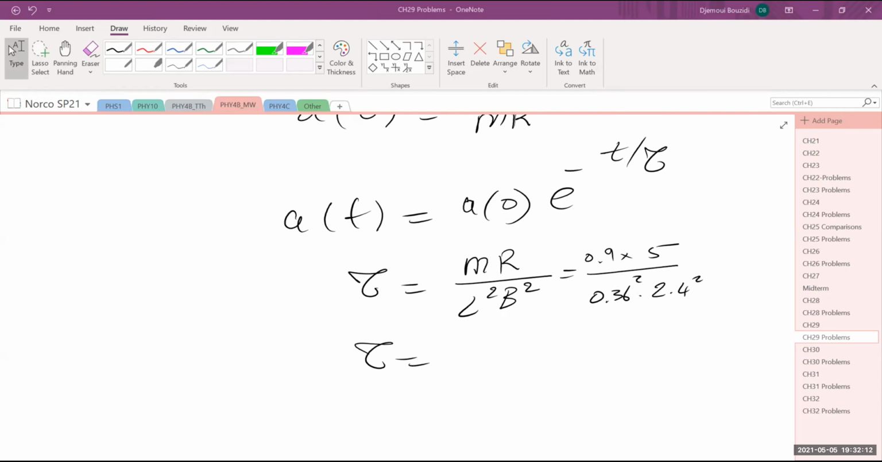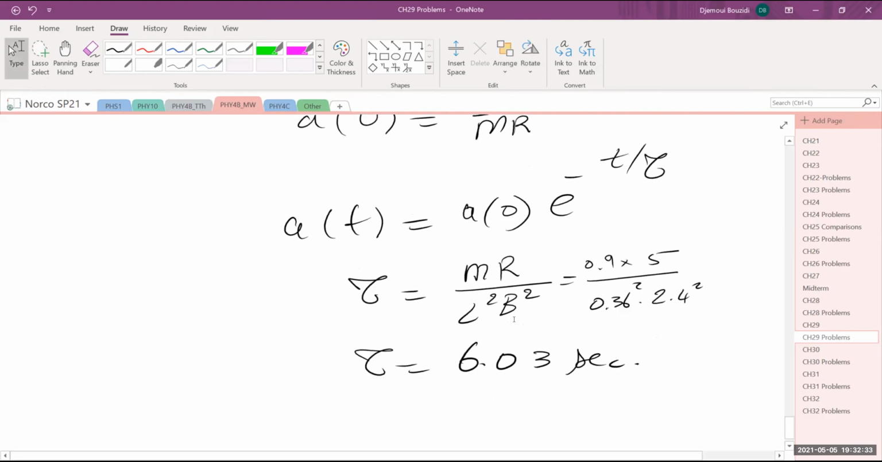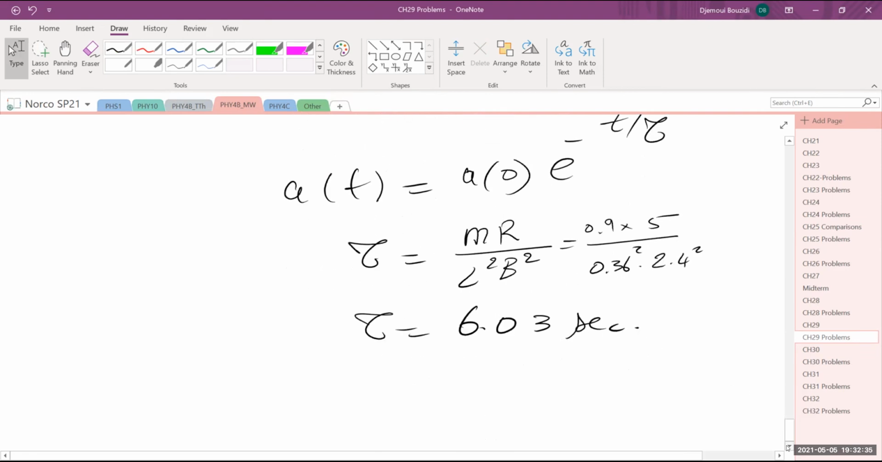Now close the parentheses and see how much that gives. It has a tau of 6.03 seconds. I know I mentioned that this has to be 2 sig figs, but because it's not really a question that we were asked to find, I'm going to keep the whole value in here just to make sure when I calculate a sub 2,